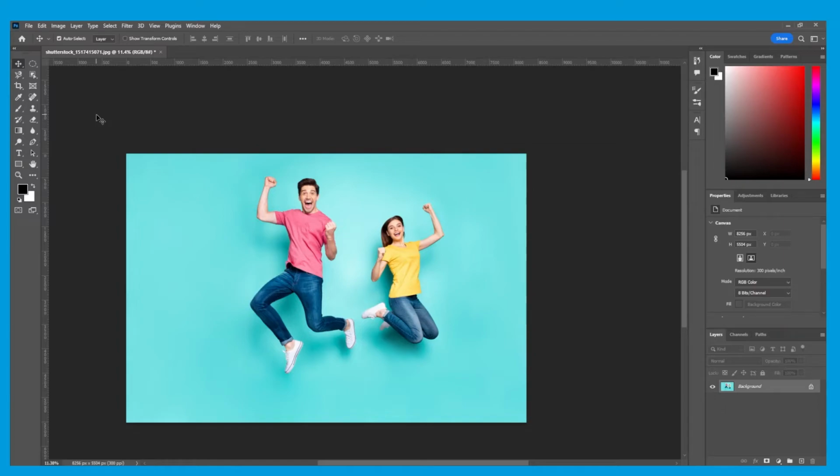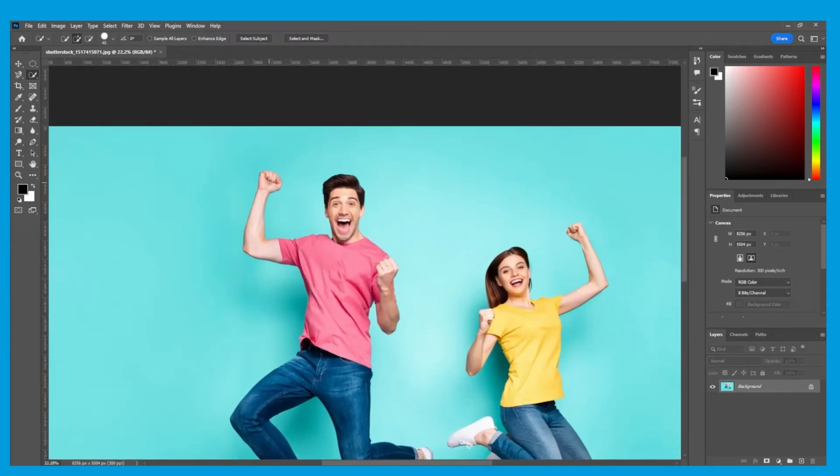The second tool I'm going to teach you how to use is the Quick Selection tool. This tool can be located in the category with the Object Selection tool, or you can press Shift and W to cycle through all the selection tools. So now that we've got it selected, what we want to do is begin just dragging over the object. So I'm going to begin on the hand of this person, and with my click once on my cursor and just drag, and as you see, Photoshop will detect the object.